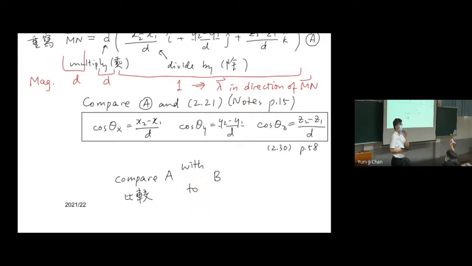1, 2, 3, 4, 4, 5, 6. How about the others? You think so? Both of them are correct. If you think both of them are correct, you can raise your hand. 1, 2, 3, 4. 1, 2, 3, 4, 5, 6, 7, 8, 9. Okay. And so the answer is both of them are correct, but